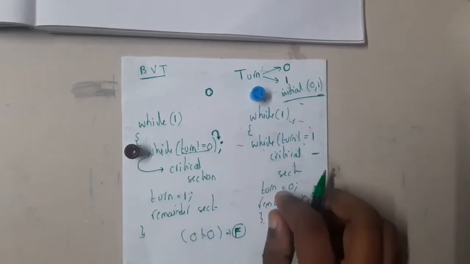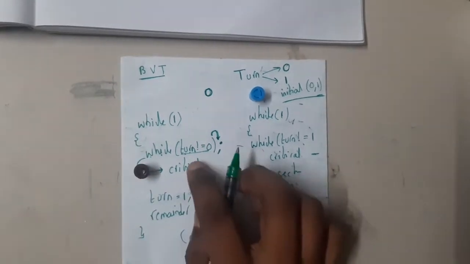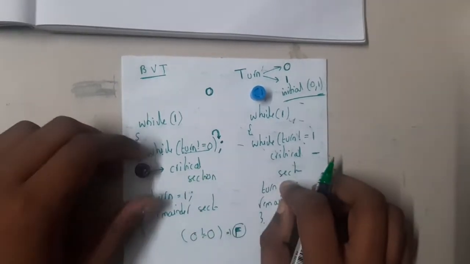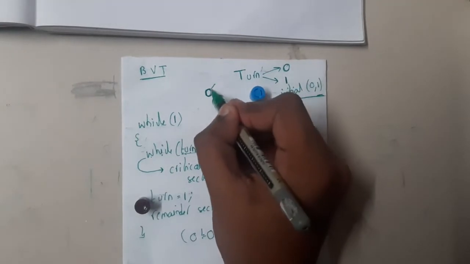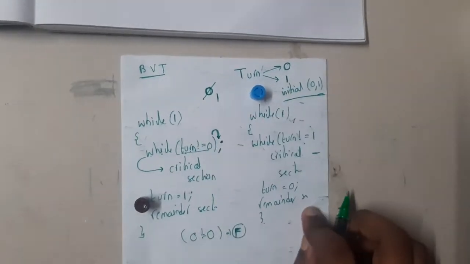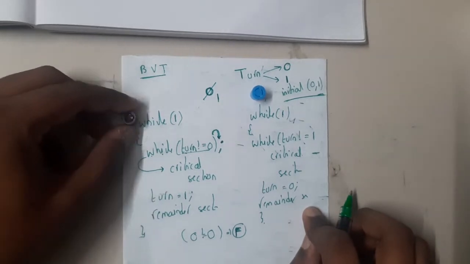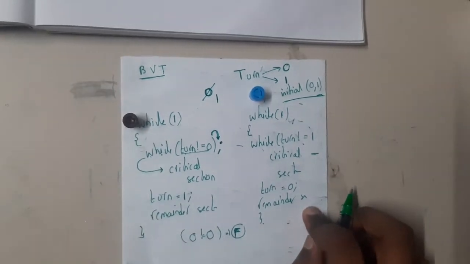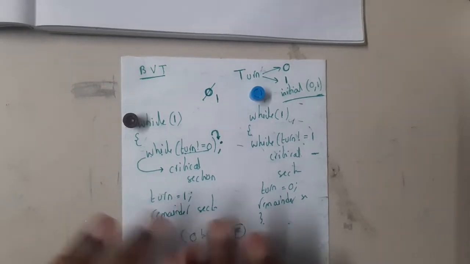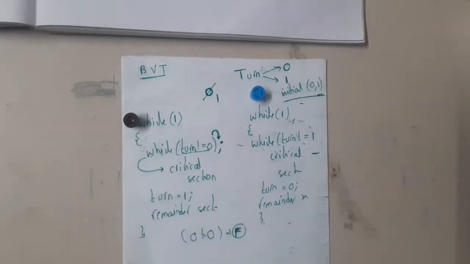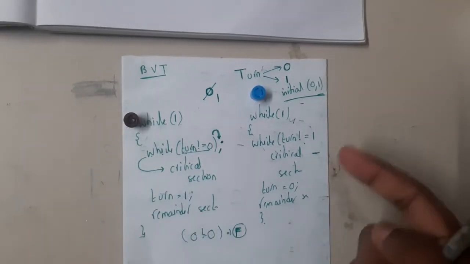Yes. So this brown guy will go to the critical section, will execute the critical section code, and he will update this turn to 1. And he will complete his process with the remainder section, and he will come back for next execution, right? Yes. So assume that blue was idle and doesn't want to go inside, and assume that now brown starts his execution again, the next loop.